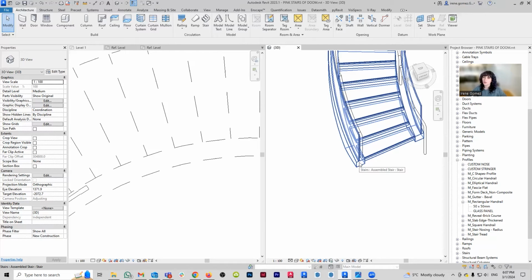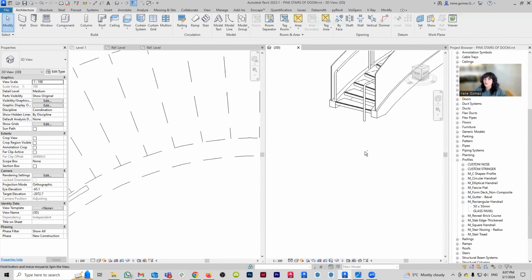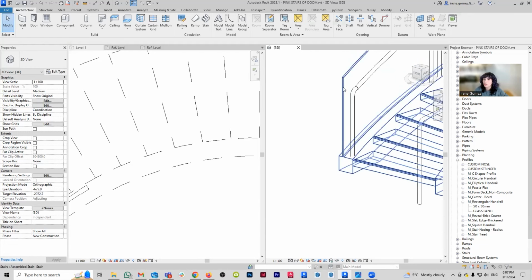So what we're going to do instead is make a second type of custom railing in which that profile is basically a rail element, and then your handrail. So we're going to build two different elements with different behaviors. This second railing is going to contain a stringer element, the glass element, and the handrail itself.